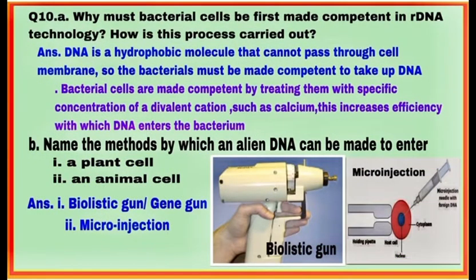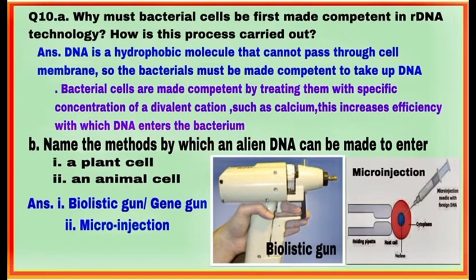Question 10 Part A, why must bacterial cells be first made competent in recombinant DNA technology and how is this process carried out? DNA एक हाइड्रोफोबिक मॉलिक्यूल है जो सेल मेम्ब्रेन में से पास नहीं हो सकता। बैक्टीरिया प्लाज्मिड को ले पाएं, इसके लिए बैक्टीरिया को पहले कॉम्पिटेंट बनाना पड़ता है एंड दे आर मेड कॉम्पिटेंट बाय ट्रीटिंग देम विथ स्पेसिफिक कंसंट्रेशन ऑफ डाइवेलेंट केटाइन सच एज कैल्शियम, जिससे बैक्टीरिया की एफिशिएंसी इंक्रीज हो जाती है और डीएनए उसमें एंटर इजीली कर पाता है।